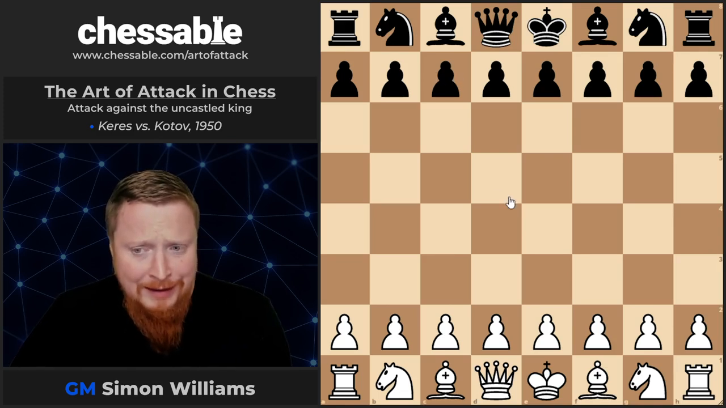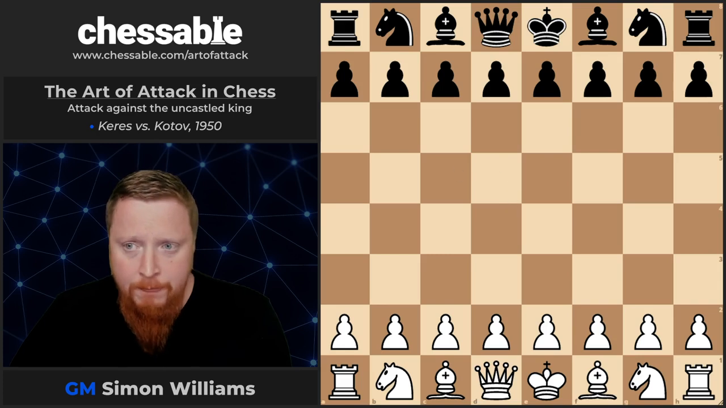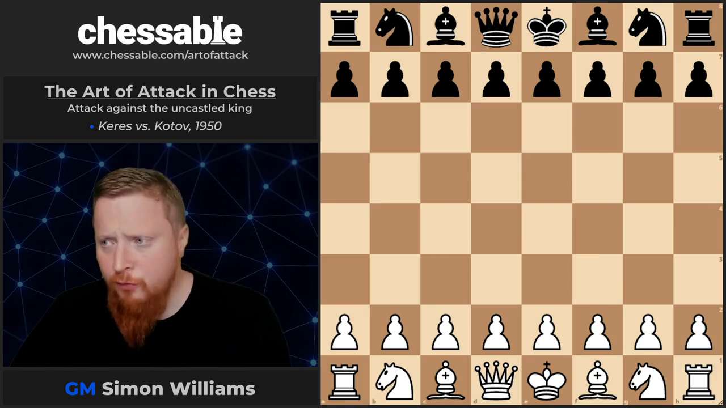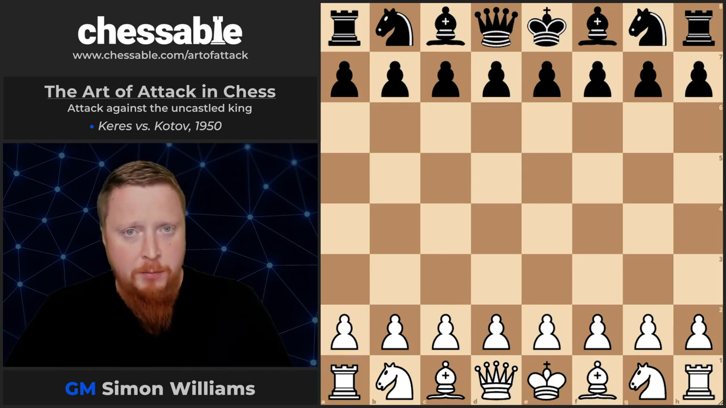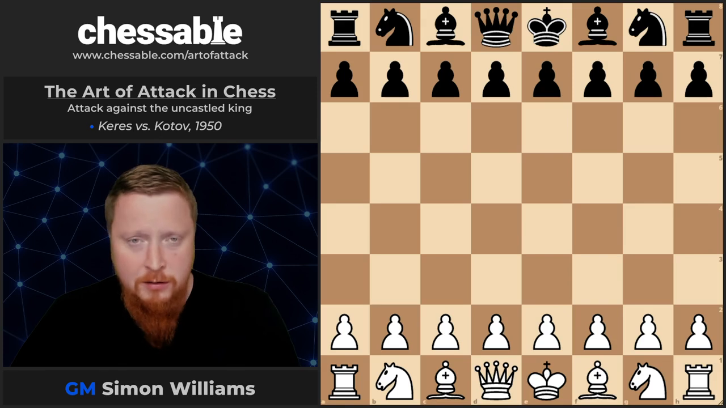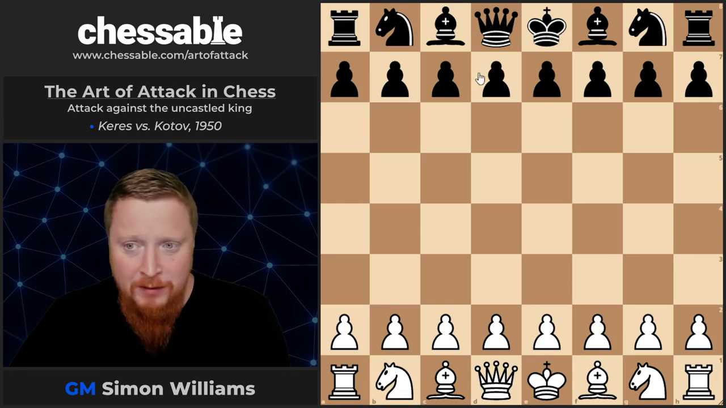We have Keres with the white pieces, and Keres's opponent is Kotov. Kotov, very strong player, a famous player as well, which I'm sure a lot of you know. And this was a high-level game, so not as simple as the last one, but still with the same sort